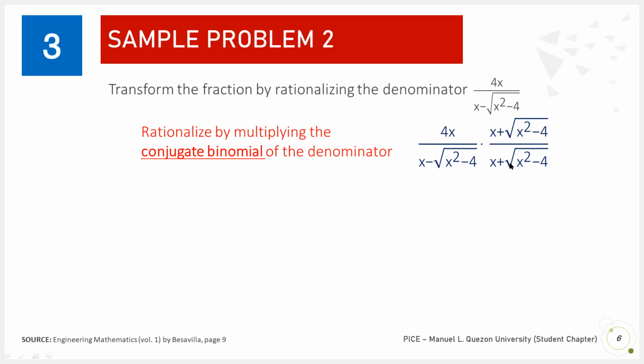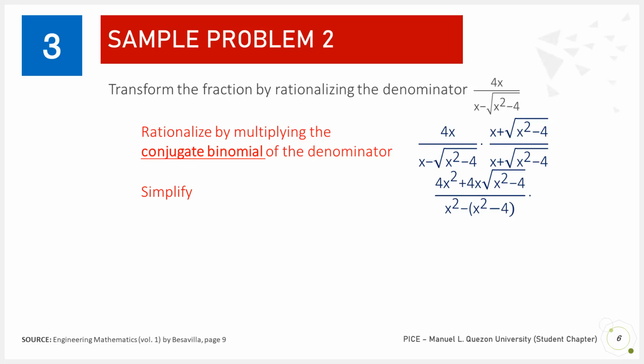And we have to take note, kapag nag-rationalize tayo ng denominator, we multiply the conjugate binomial sa numerator and sa denominator. So, ito yung bago nating expression. And we simplify this by multiplication. So 4x multiplied by x is 4x squared, and 4x multiplied by square root of x squared minus 4 is 4x square root of x squared minus 4. Sa ating denominator,